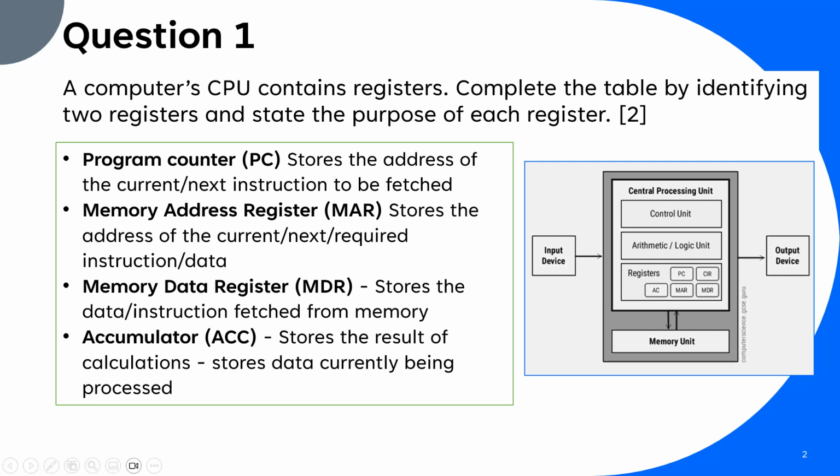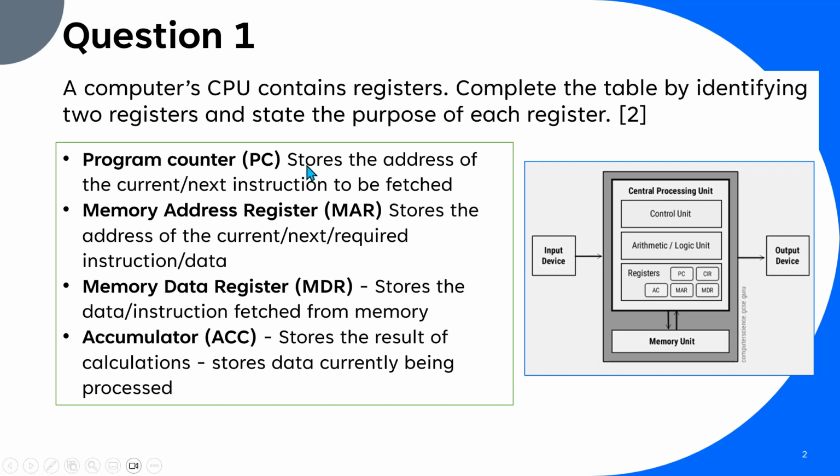Ones I find the easiest are the memory address register, because it stores the address of the current or next instruction or data, and the memory data register, because that stores the data or instruction that's been fetched from memory. And the word address and the word data, they're the ones that help me remember those 2 main